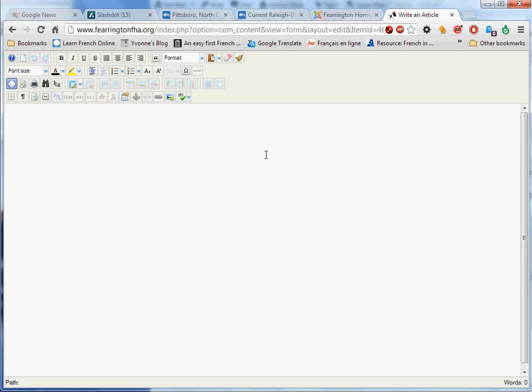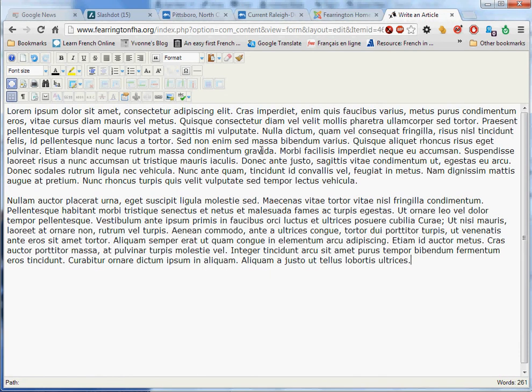Let me type in a couple of paragraphs of well-known gibberish. I cheated a little bit. I didn't quite type that. I rather pasted it from someplace else. But just to give us a little bit of text to work with,